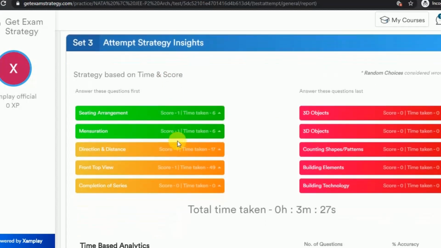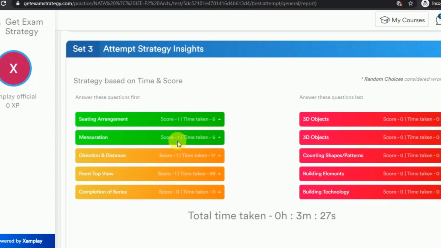Now, the very interesting thing is what you will be doing in the exam. As you know, you have a limited amount of time, energy and attention span, so it is quite important to attend to those questions where you can score more. And we show that through this color coding. The topics with green color are the topics you have to attempt immediately.